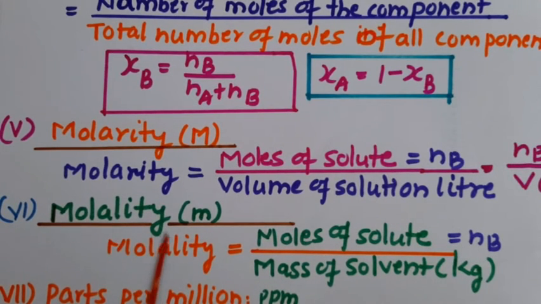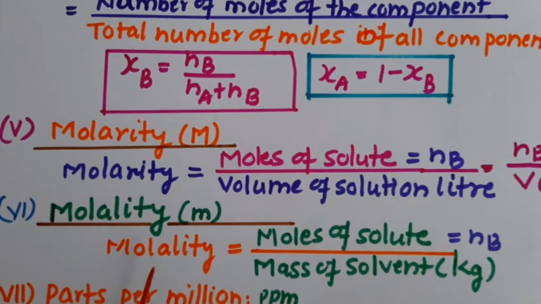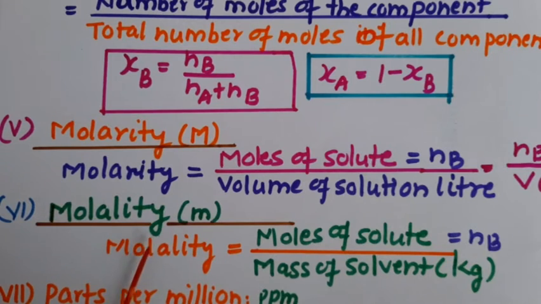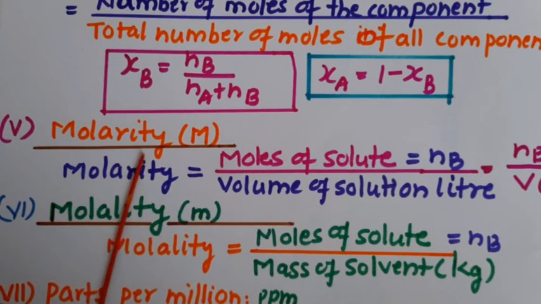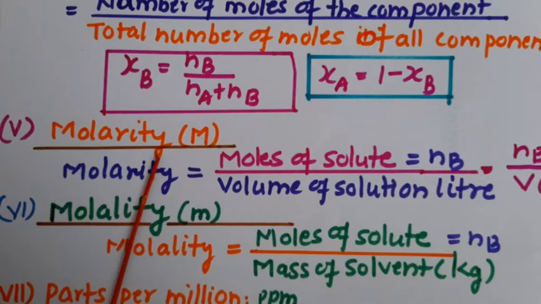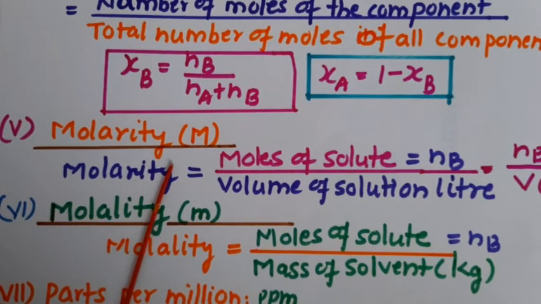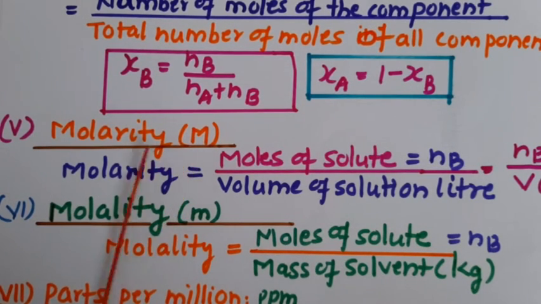Once you have calculated the percentage composition into molality, it is quite easier. It does not require any other information. If you know the percentage composition of the solution, you can easily convert it into mole fraction or into molality. But if you have to convert it into molarity, another property should be given in the question, and that additional requirement is nothing but the density of the solution. The density of the solution should be mentioned if the percentage has to be converted into molarity.